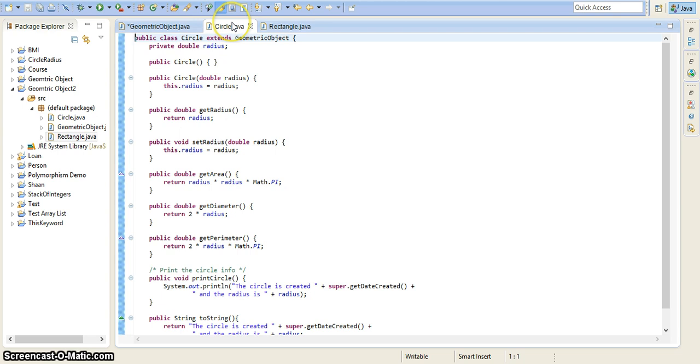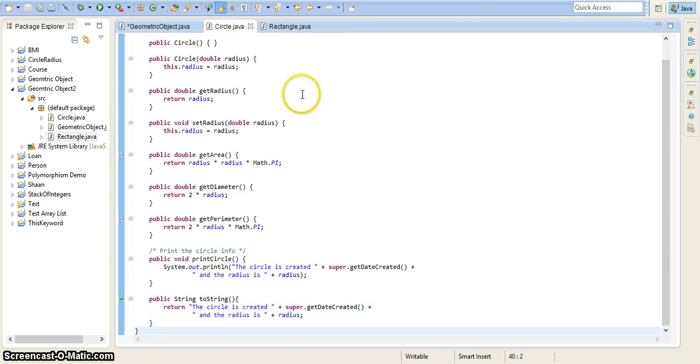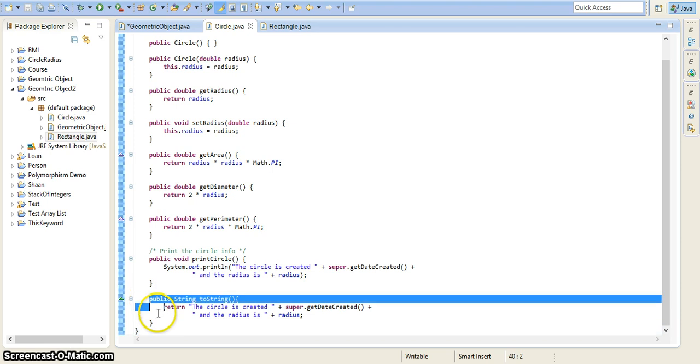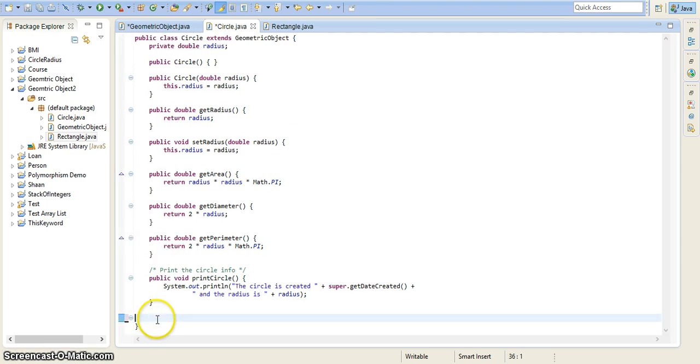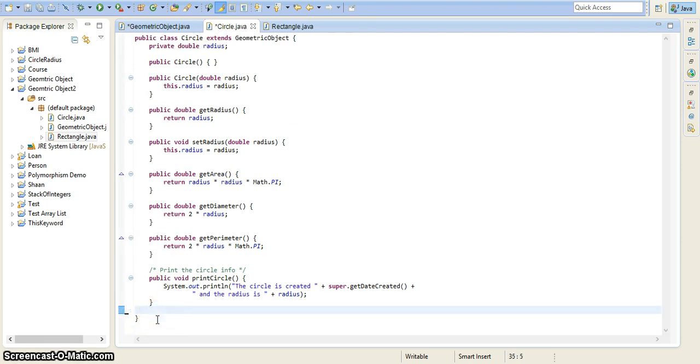Let me go to the Circle.java class. It is essentially the same thing, but I mentioned this extends keyword over here, extends GeometricObject, to show that circle is a subclass of the superclass geometric object, and it has some methods. It has a print circle method. It had this toString method which I overrode from the superclass. I'll just remove it because I don't want to add to the confusion of this program. I will go to Rectangle.java,